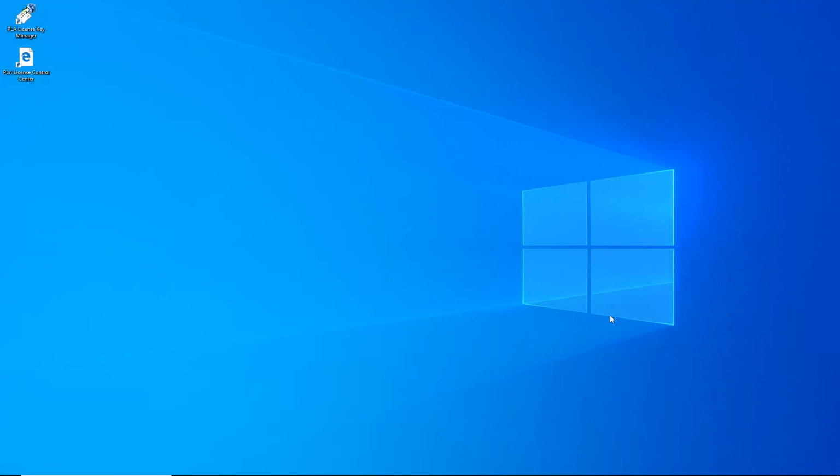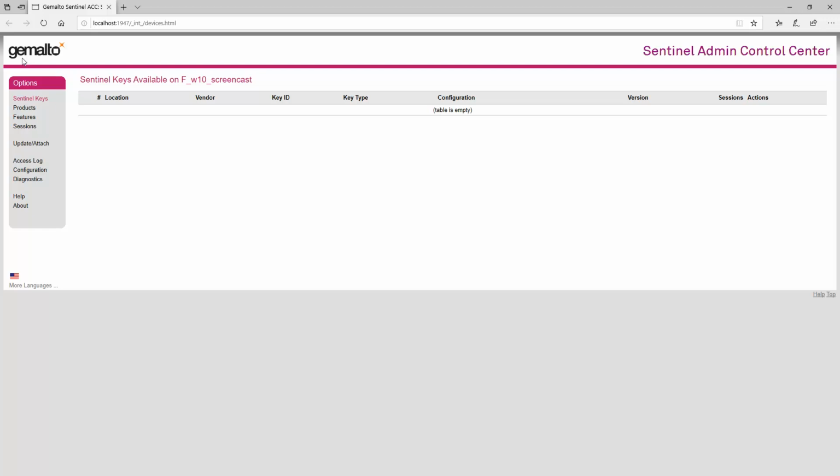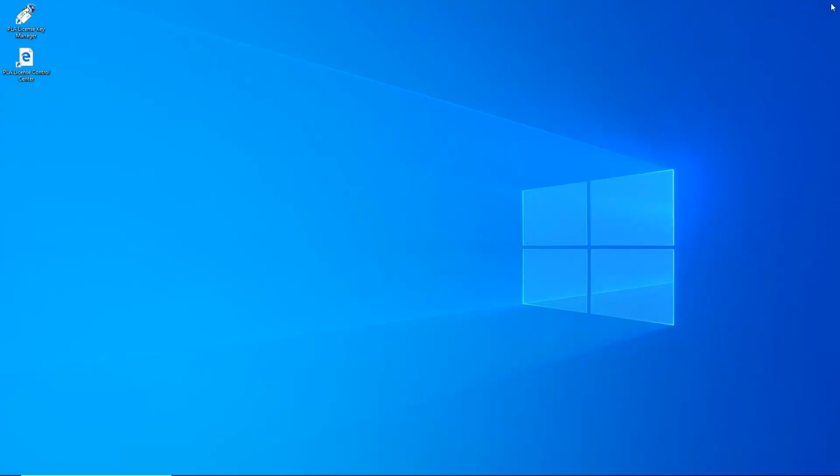After you have received the email from our sales team, open it and save the vendor to customer file attached to it. We start the PLA License Control Center by double-clicking the desktop icon. Here you can see, your computer is not licensed yet. Therefore you need the vendor to customer file you have received from us. To license your computer, go to your desktop and start the PLA License Key Manager.